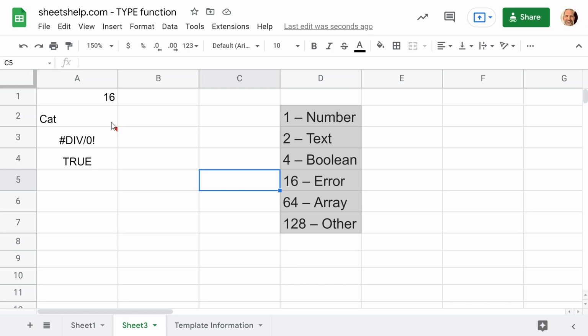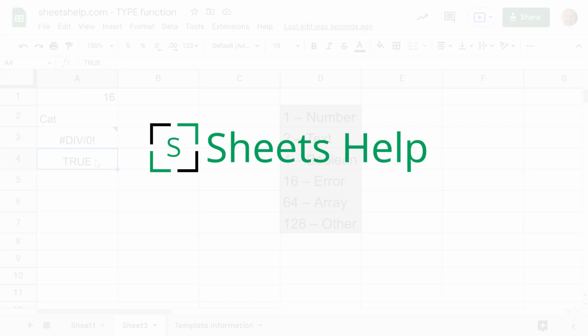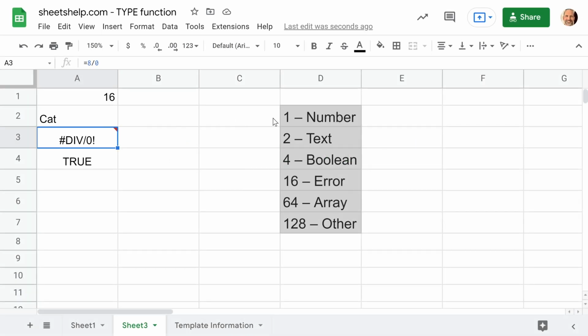A lot of times when you're using a spreadsheet, you have different data types, and you may just know what they are and you never really think about it, but understanding what these different types are can help you build more effective formulas and troubleshoot when problems come around. So we'll talk about how to use the type function, and what it does is, we'll just type it out